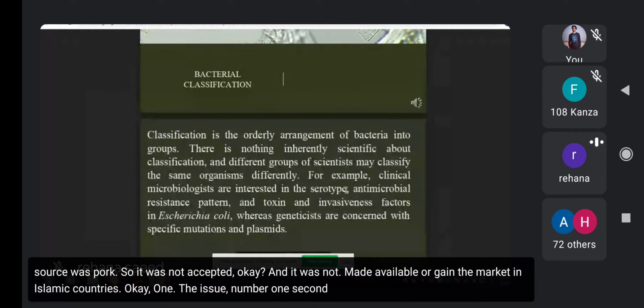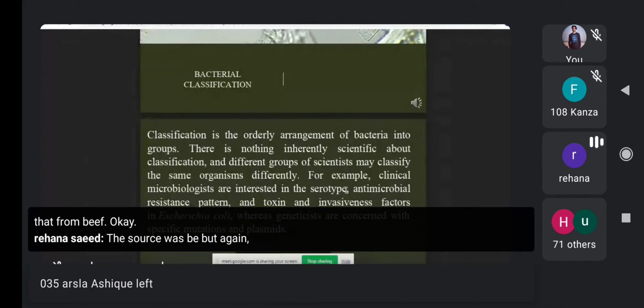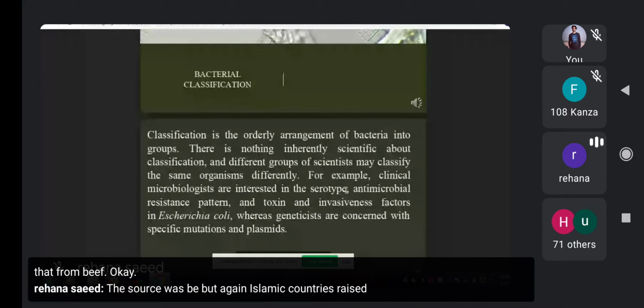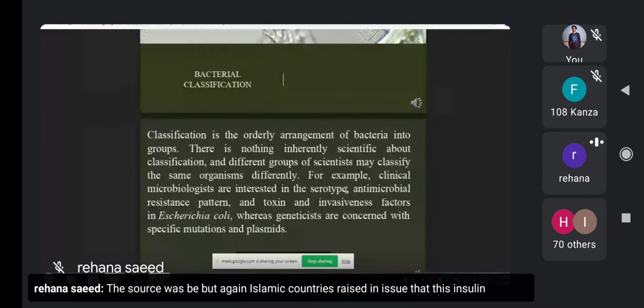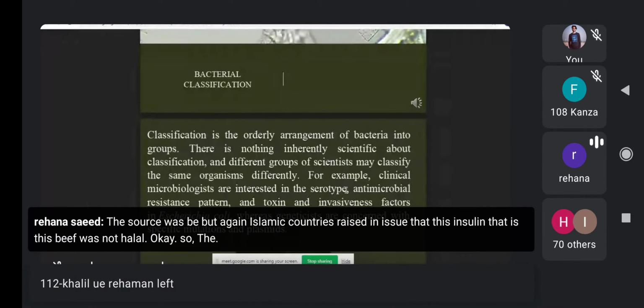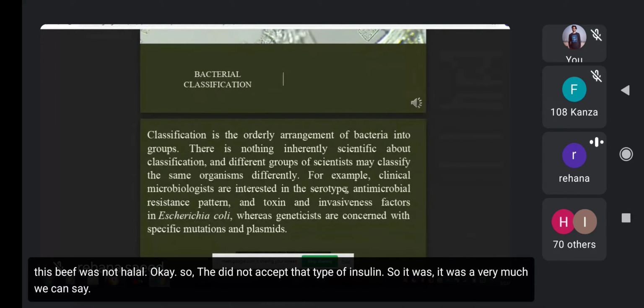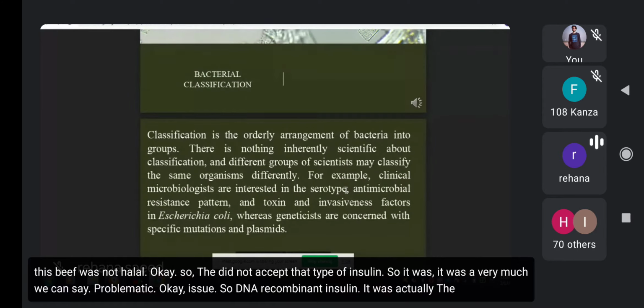The second type of insulin was from beef. The source was beef. But again, Islamic countries raised an issue that this beef was not halal, so they did not accept that type of insulin. So it was a very problematic issue. So DNA recombinant insulin, actually the gene was taken from the human pancreas, the islet of